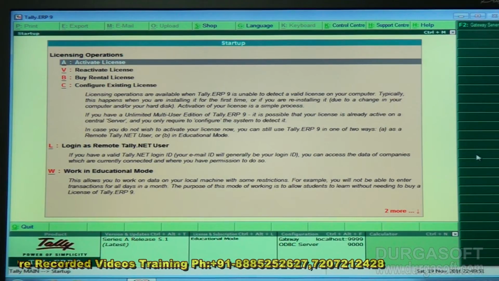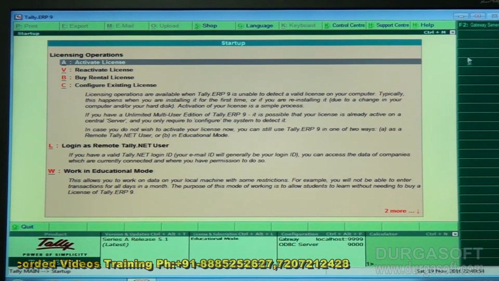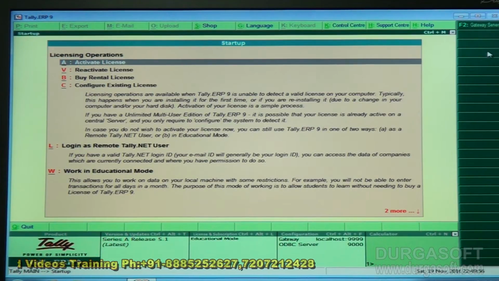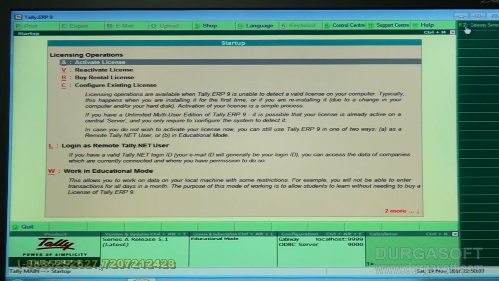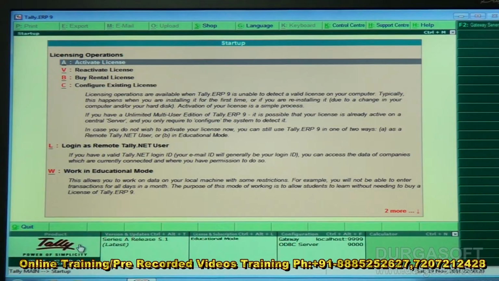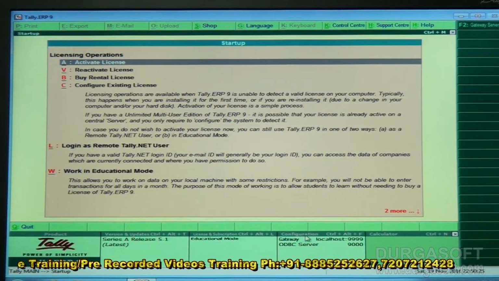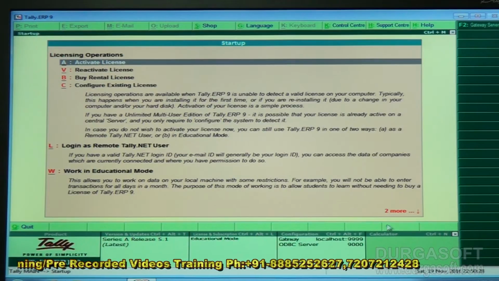And here you have a dark green color. This dark green color is nothing but the vertical button bar. In this vertical button bar, we can find the functional keys. In Tally ERP9, we have different types of functional keys that start from F1 to F12. And here below, whatever is there, this is nothing but the calculator area. In this calculator area,